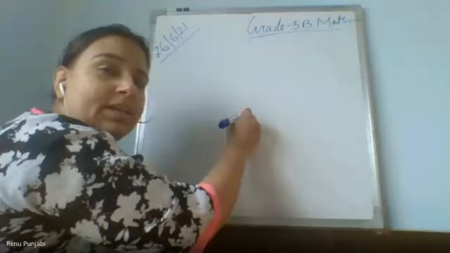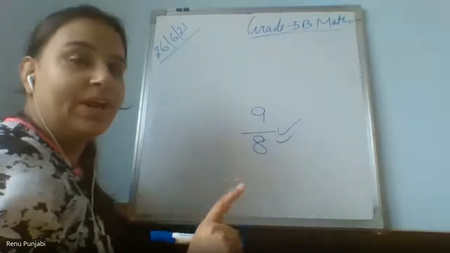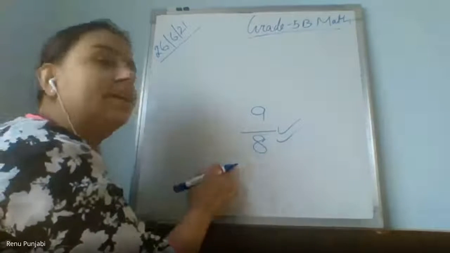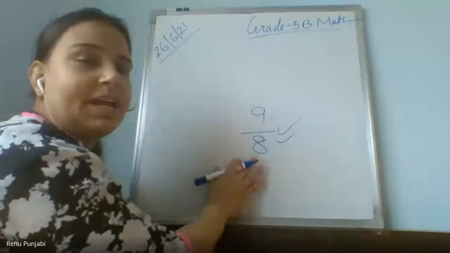Ma'am, I have a doubt. Yes, yes, please ask. I am Rudra. Yes, Rudra. Ma'am, if the pieces are 100 and the numerator is bigger than the denominator, so how can it be the pieces? Like 9 upon 8. I will explain this to you, it is an improper fraction. When we learn the types of the fraction, there we will learn it. Okay? Okay, ma'am. Rudra, yes, this is also one type of a fraction. I will explain you how.